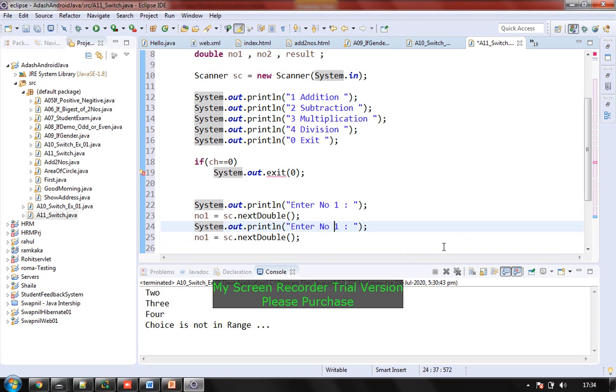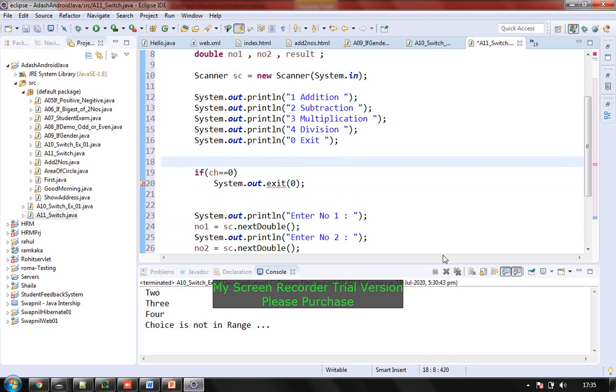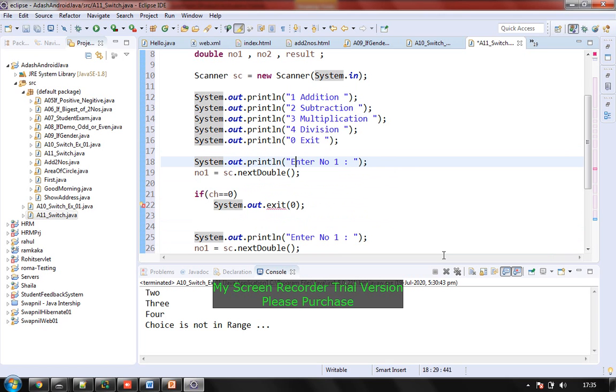After accepting my choice, the first part is we have to accept the choice. So we go here, and after this we just say enter choice. So I first accept the choice. Fine. And this choice is ch.